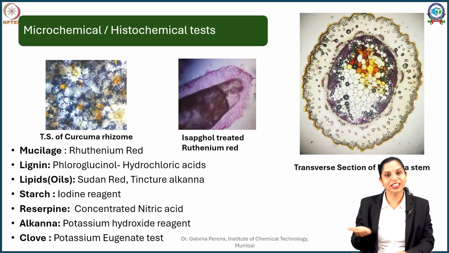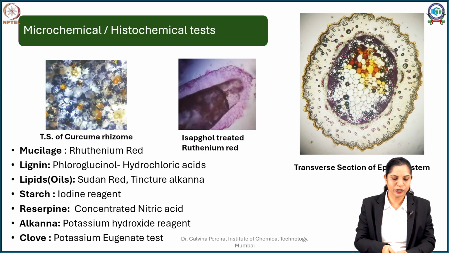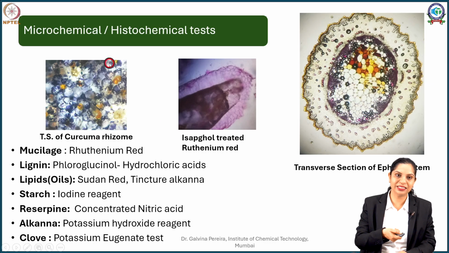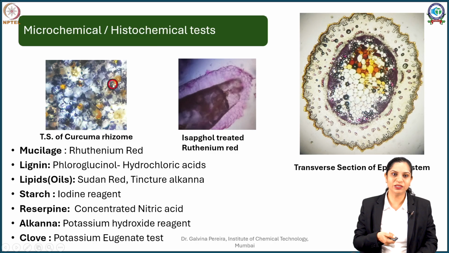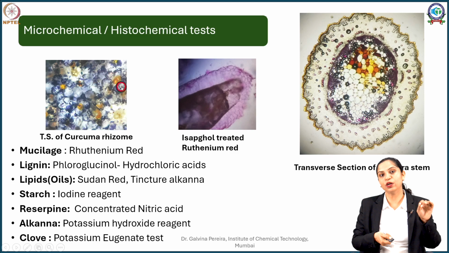So when you do a transverse section and add your iodine, you know your iodine is going to stain your starch. You can see here, this is a turmeric sample transverse section. When I carry out the transverse section of this rhizome and mount it, it is going to be colorless with some yellow specks, and these yellow specks resemble curcuminoids. Now if I have to check the presence of starch, you can see some blue specks here. What I have done is I have just added iodine.